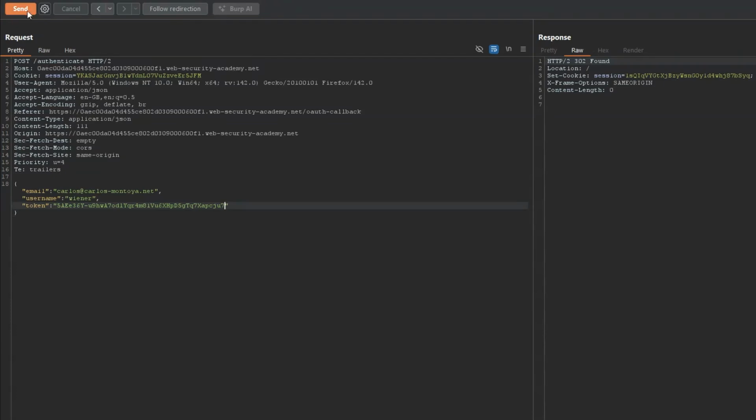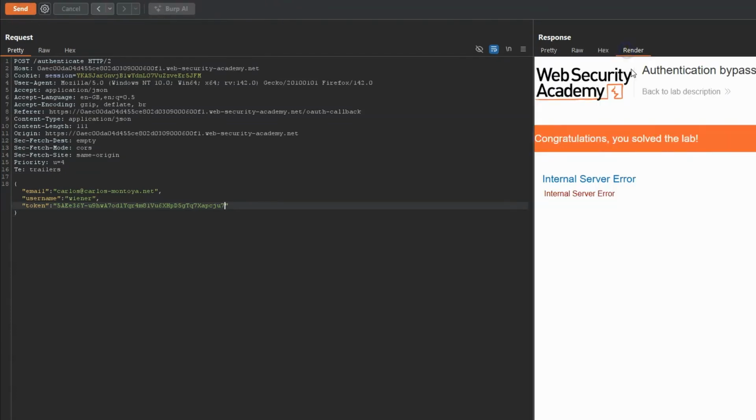Now for a bit of fun, let's see if it's validating that token. If I change one of the characters in this token, you can see we get a 500 response. So it does appear to be performing some validation on the token. It's just not checking whether that token is associated with that specific user. Now, although there's probably a way to augment the security of this particular approach and run better validation on that token provided from the user's browser,